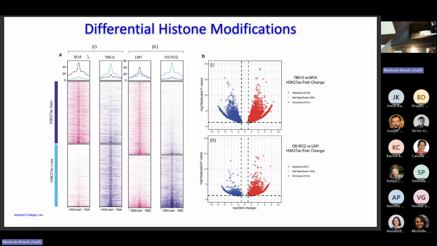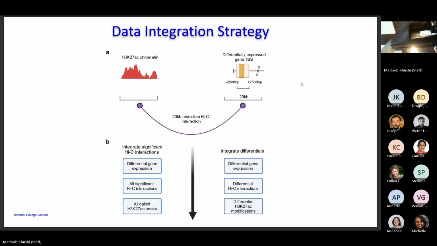again, a sequencing method that can identify these histone modified regions in the genome. And so these are the two pairs, the metastatic and the parental tumors. You can see the signatures, and each red bit is a location in the genome, are very different between the metastatic and parental. So the metastatic has more activity of this particular histone mark. We then came up with a data integration strategy, which helped us map these distal regions onto the genes they control.